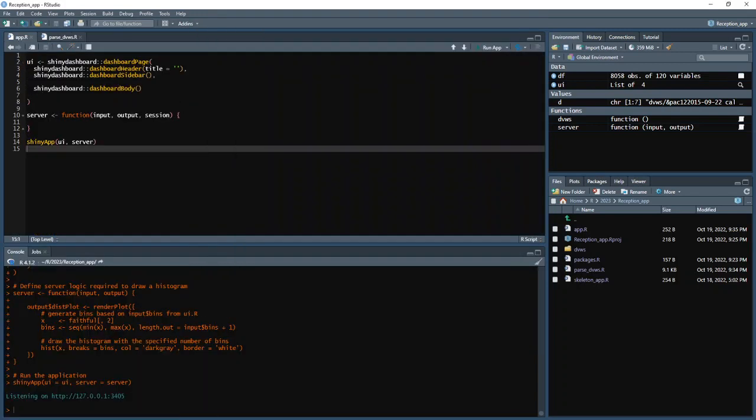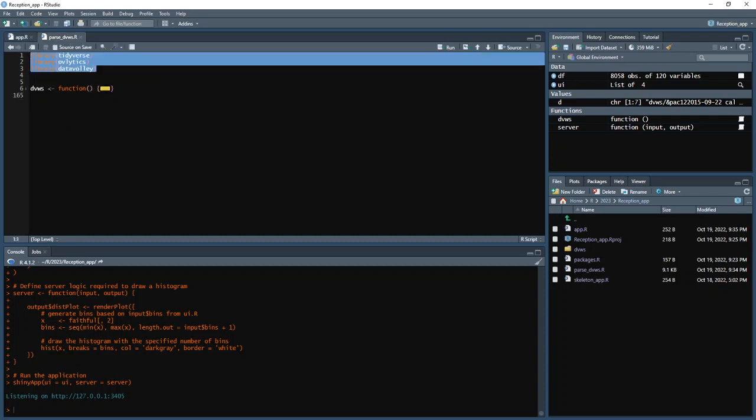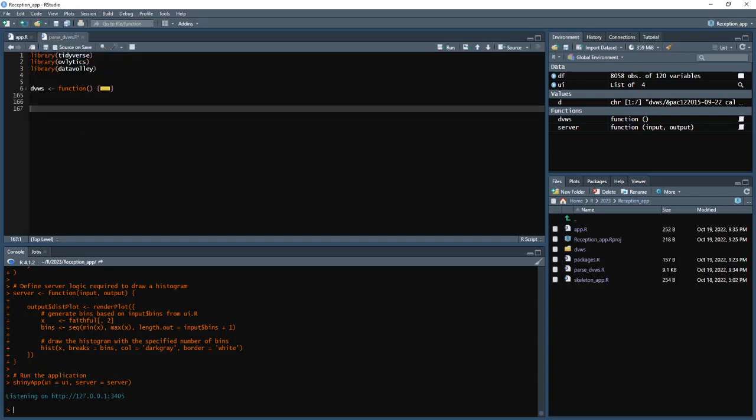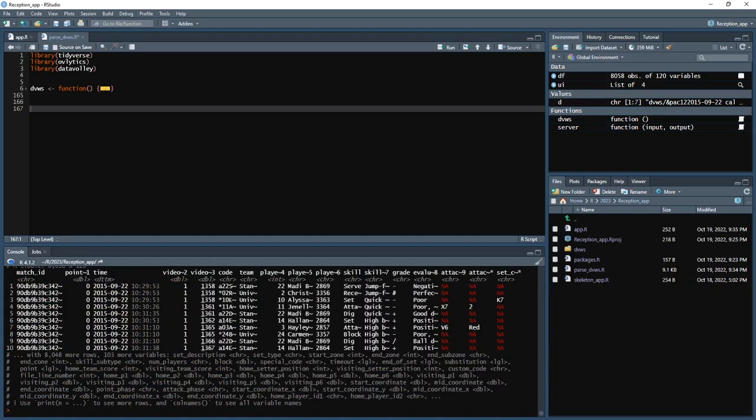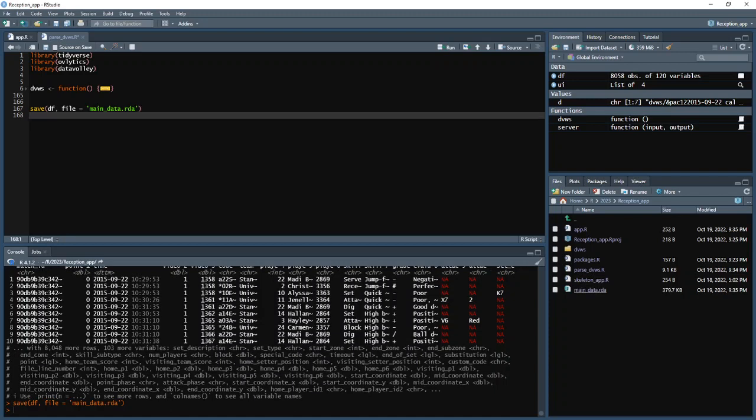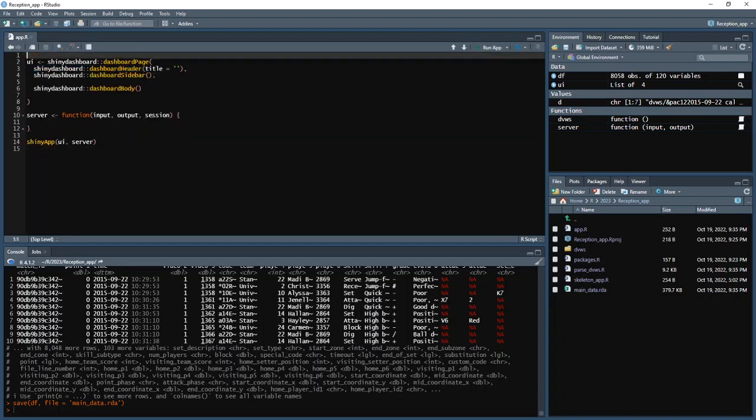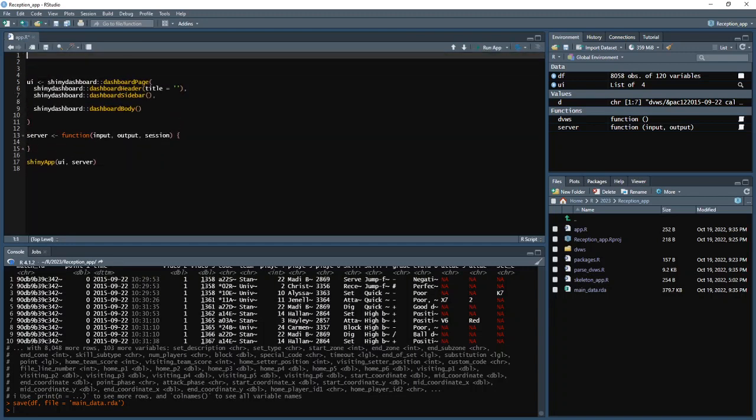Oh, with my data, I forgot to say one thing. After you run this, yeah, DF. So I had DF. All right. So if I go save, actually, you probably want to throw this here. I should throw this here. Save. DF file equals main data dot RDA. So what this does, now you can see I have main data dot RDA. Close that. Now when you run this, so you're going to throw